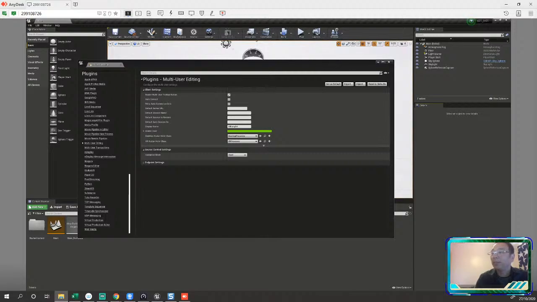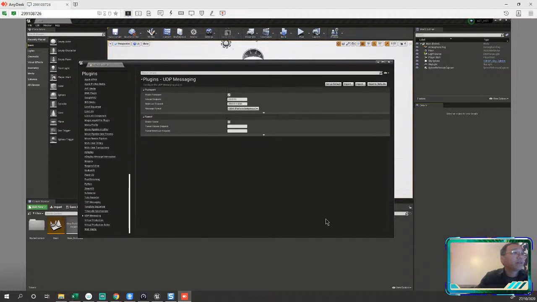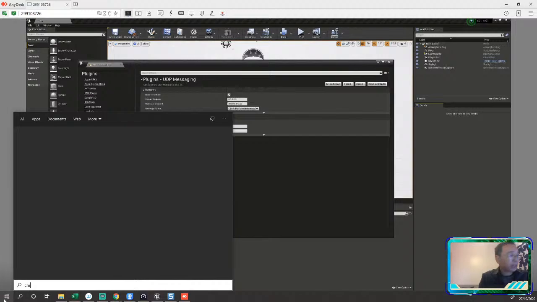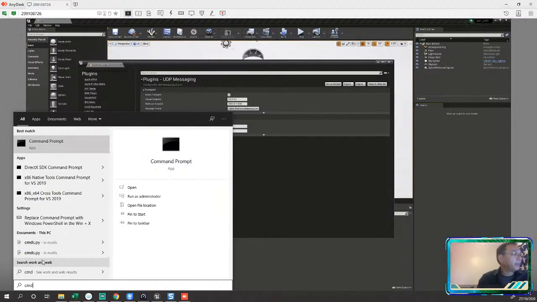And again, there's a little bit of a lag. That's okay. And that will make sure that we have the multi-user interface set up inside of Unreal. Okay, so we've got that. And I think in the same window, we can just pop down to UDP Messaging, right? So in here, we need to track down our unicast endpoint. So to do this, I'm going to click on the Windows